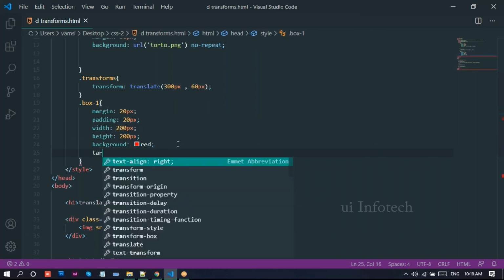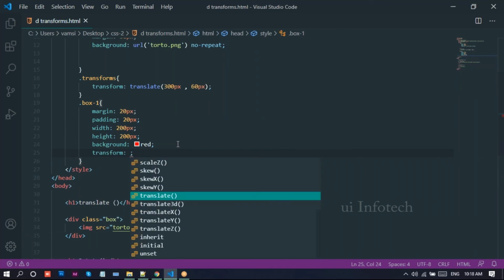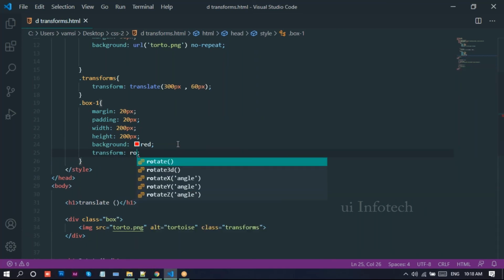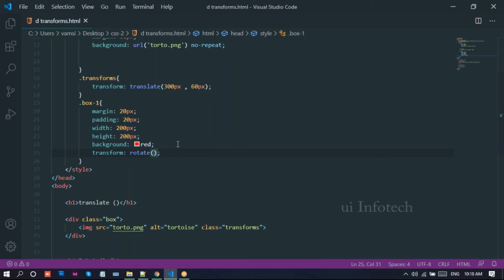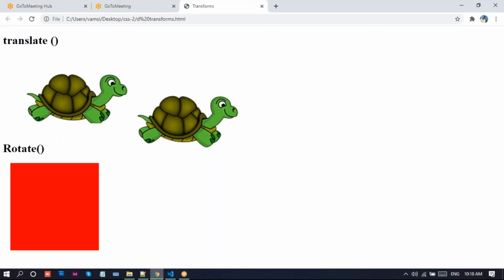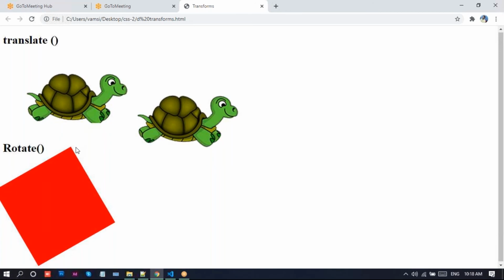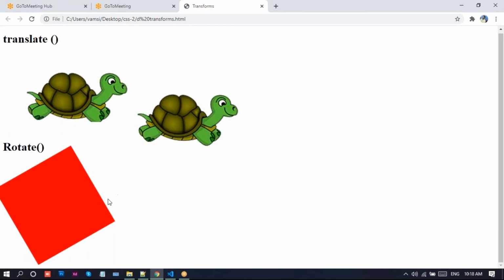So here I can write this rotate property. Transform, rotate function, I just write 60 degrees. Let me go to this browser once. Just reload this page. Look at this.